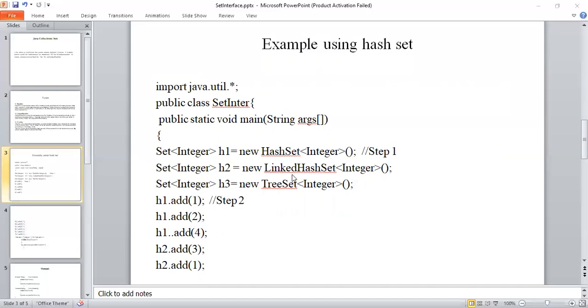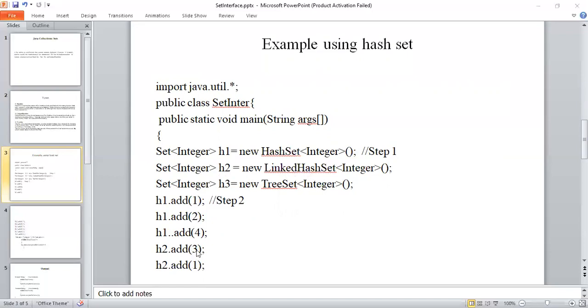And now I'm trying to insert elements into linked hash set. So its object is h2. Whatever I want to insert into this linked hash set, I can go through its object only. Now h2 dot add 3.